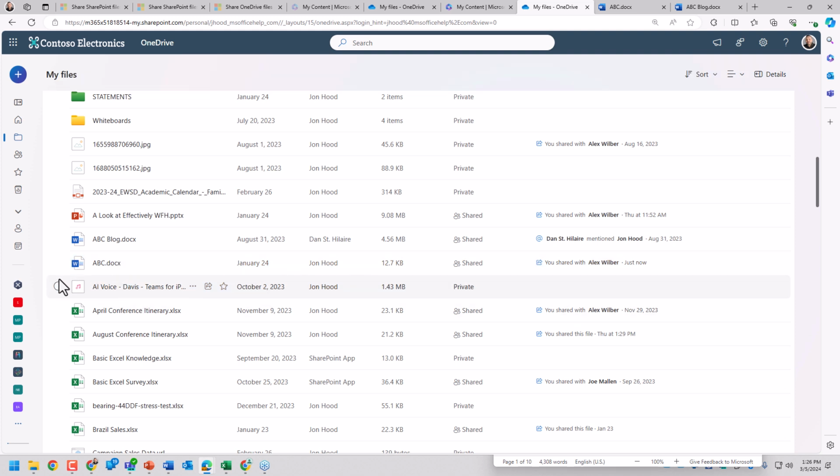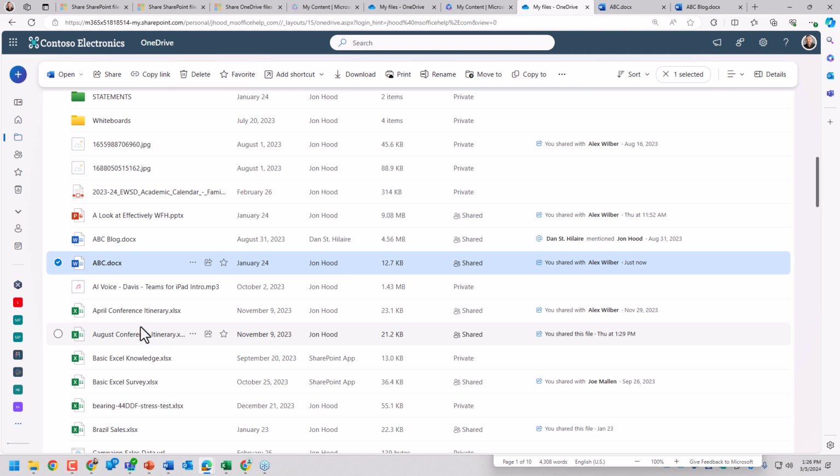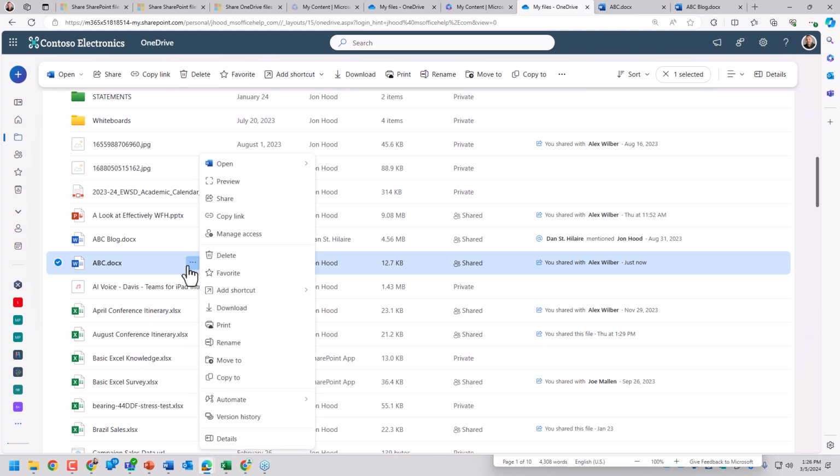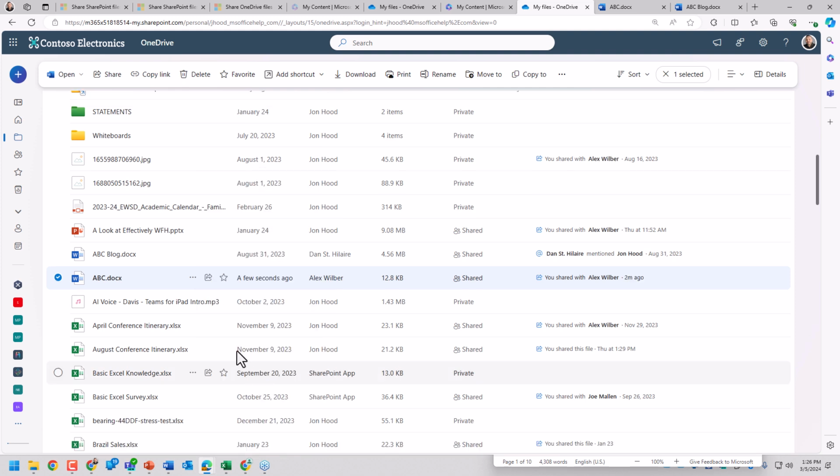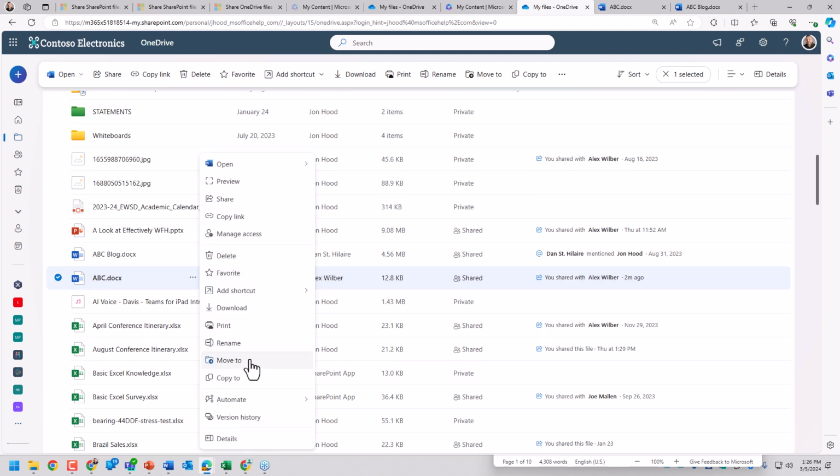So let's say Alex and I are done working with this document, and I want to move it to SharePoint. So let's address one of the questions that we had. I'm going to click on the three dots. Now this also provides us with a look at all the different things that you can do with your OneDrive documents, or SharePoint even. But there's this move to and copy to. So if I click on this, if I wanted to move a file or a folder to a different location,